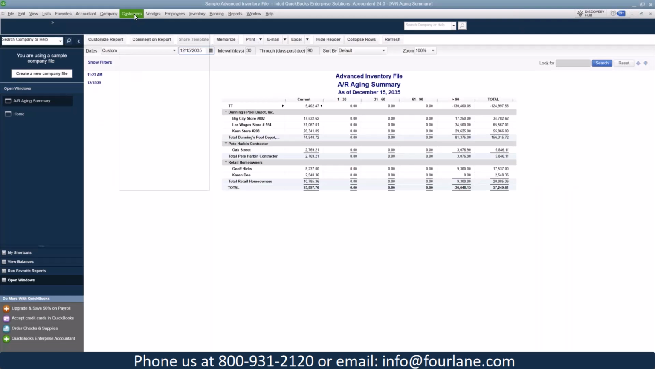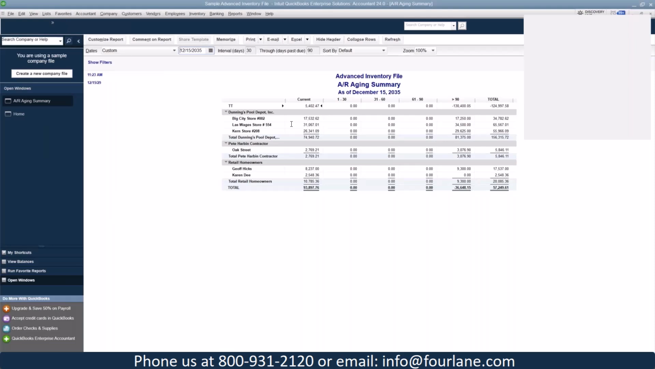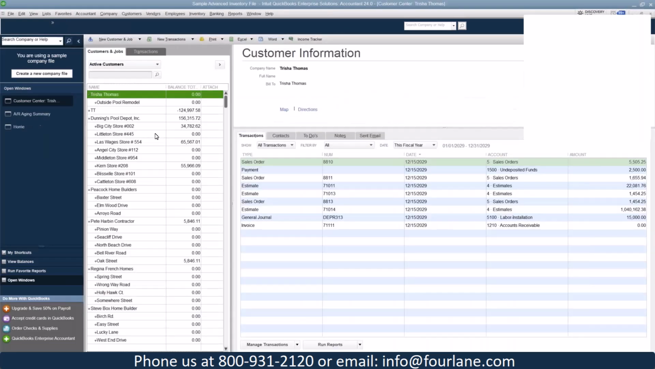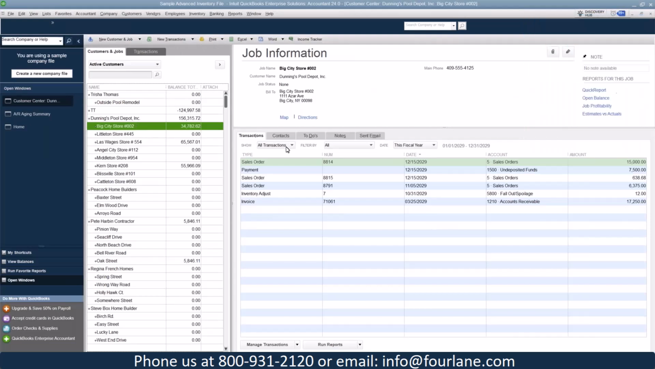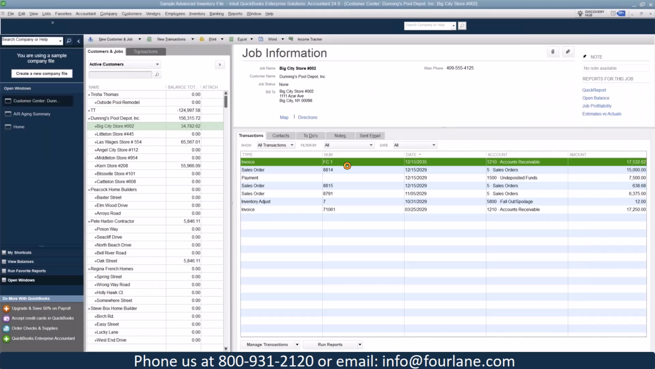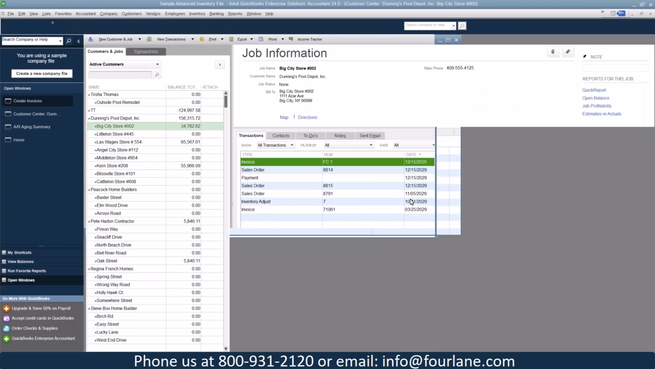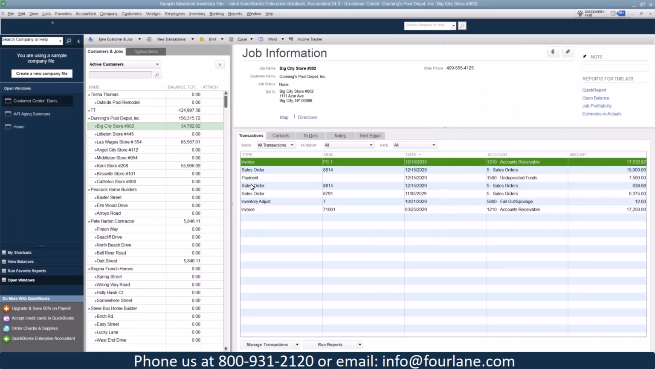If I go, like, let's go to my customer center, for example. Let's look at our big city was one. Okay, so what I wanted to show you guys, so I selected one of the customers that we did the finance charge for. You can see it did create it as an invoice and it populated its own number sequence, finance charge 1. And if we open it up,